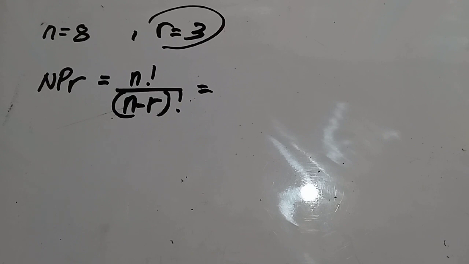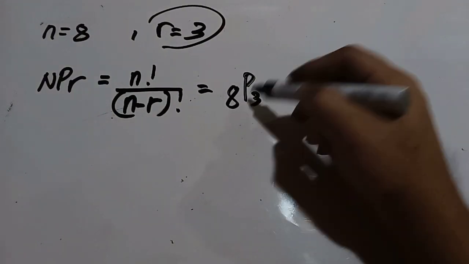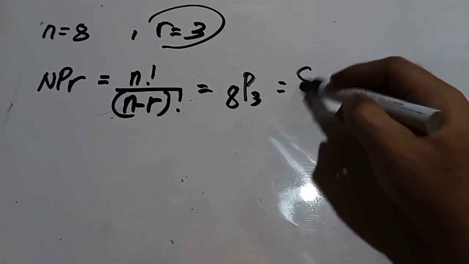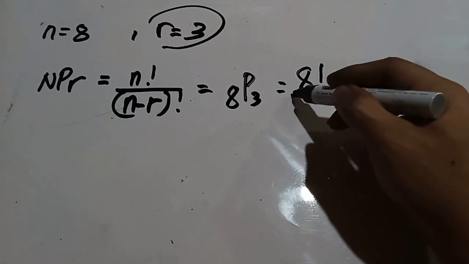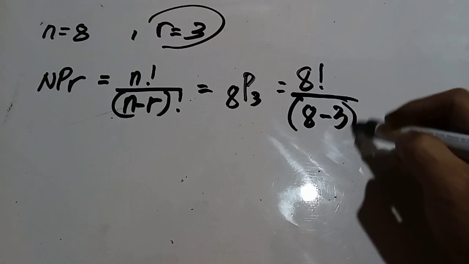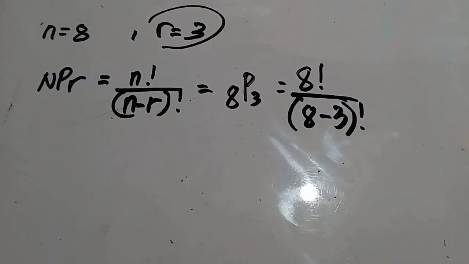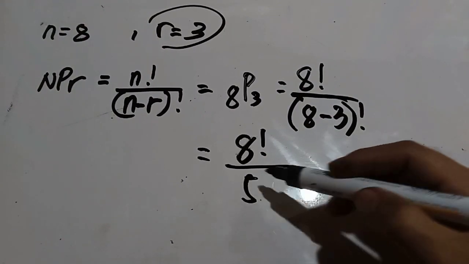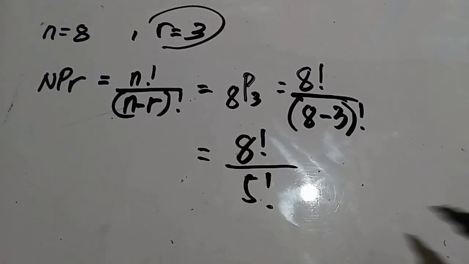So, magiging 8P3 equal. So ang ating n, that is 8 permutation over what? 8 minus ang ating r, that is 3 permutation. Next, what will I do? So, anong dapat natin gawin? Okay, so we have minus muna natin, so permutation over 8 minus 3, that is 5 permutation. Okay, so next is